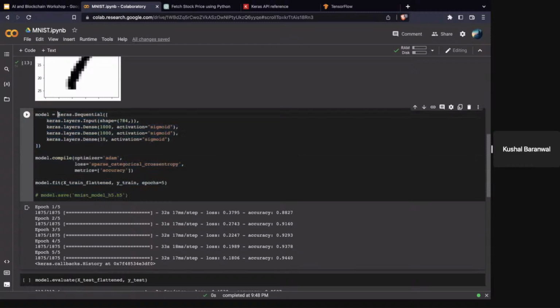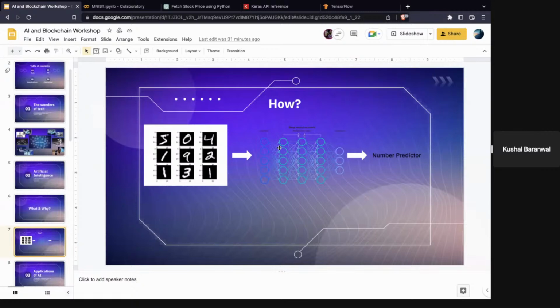So Keras has a method called sequential. There are many ways you could do this, but I find sequential is just the easiest. What you do is, each of these 4 are going to be layers. You see this one has 5 layers, so ours is just going to have 4.